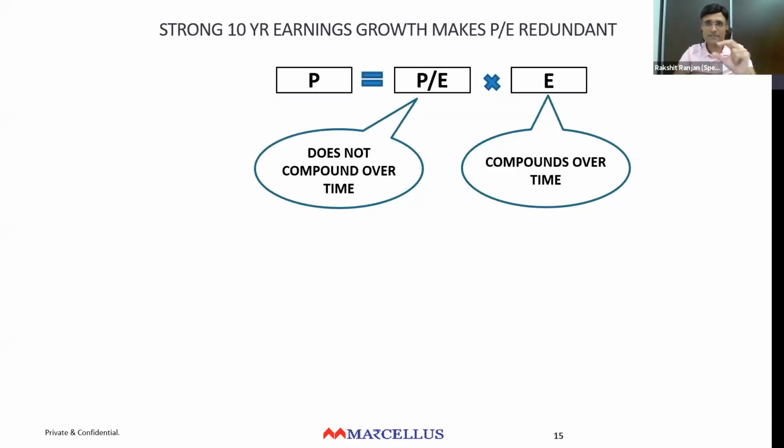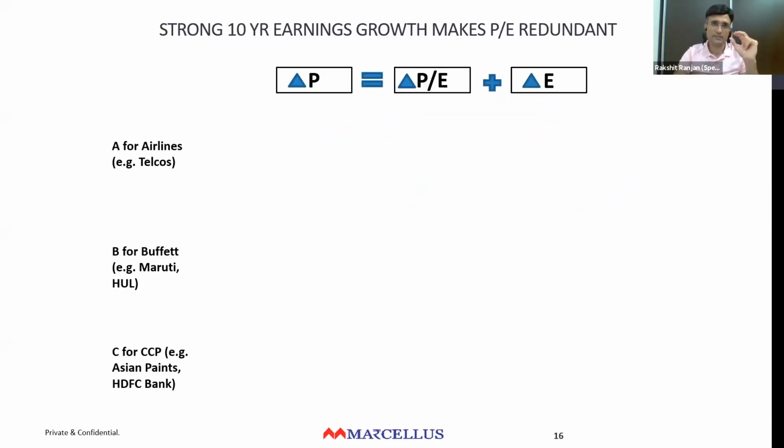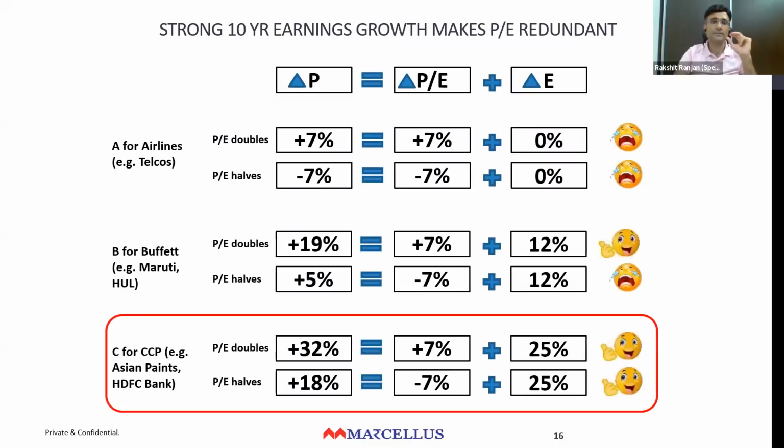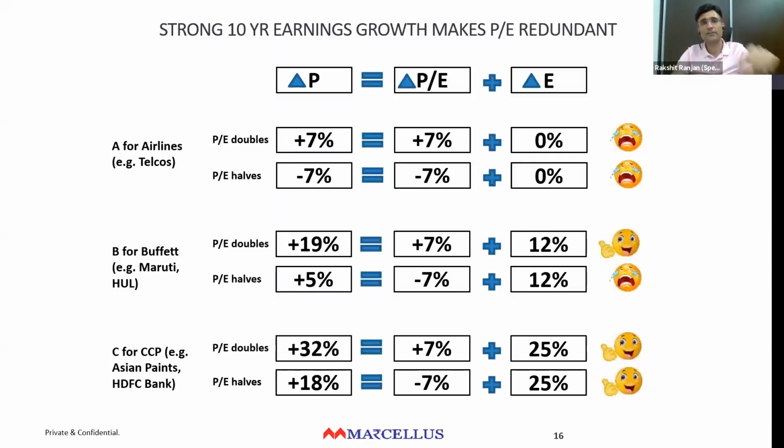Now, sticking specifically to the Warren Buffett point that is being made, you can have three types of scenarios of earnings, right? The A, B, and C here are different around earnings compounding only, right? So if you've got 0% earnings compounding versus 12% versus 25%, then what can the PE multiple do to your eventual outcome of the share price is what these three sets of equations are showing, right?